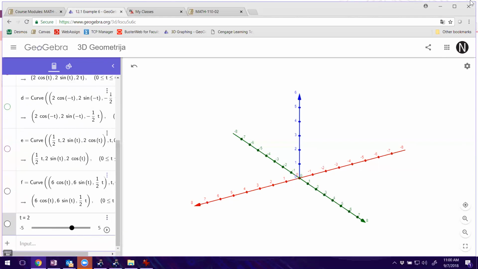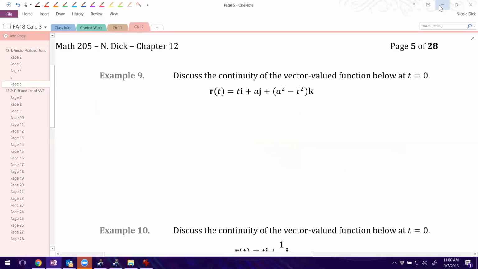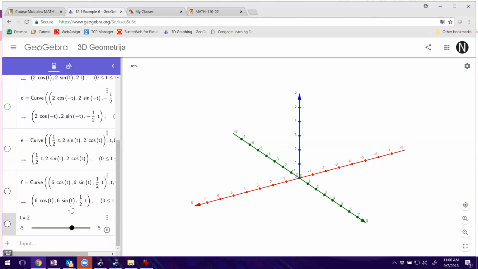Well, that didn't work. It created a slider for the wrong thing. Okay, I won't be able to graph this one. I don't know GeoGebra quick enough to fix that. So I guess we can put numbers in. All right, let's just make up a number for